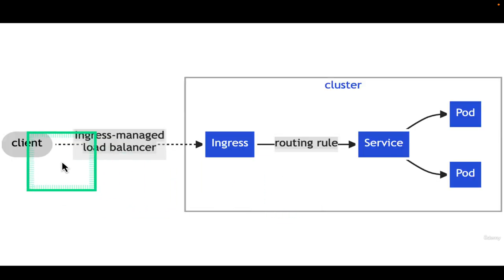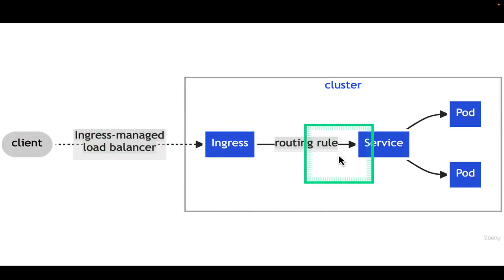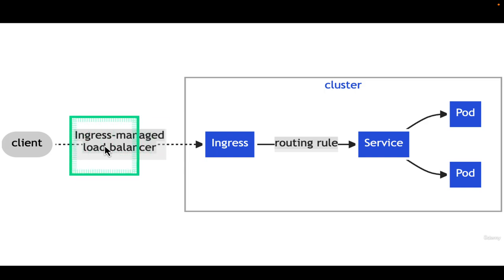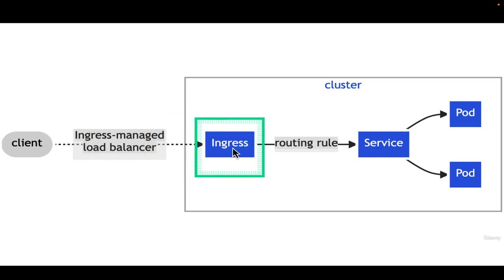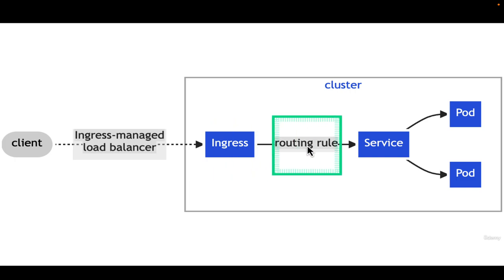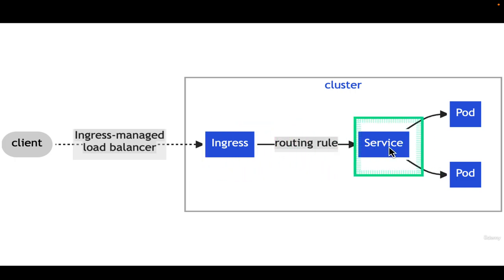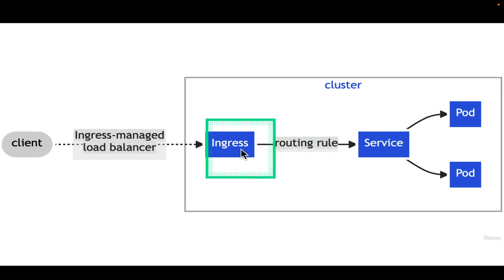So this is the high-level overview of Ingress. You have a client and you have an Ingress-managed load balancer. The client will hit, for example, some load balancer, probably in AWS, Google or Azure. The request will go through the load balancer and then go to Ingress. Ingress will have the routing rules, like to which service the traffic should be redirected, and then the service will redirect via the deployment to one of the pods. So Ingress basically contains rules